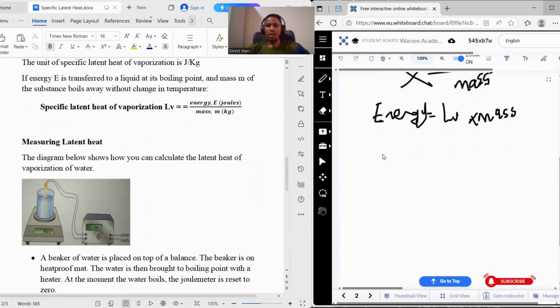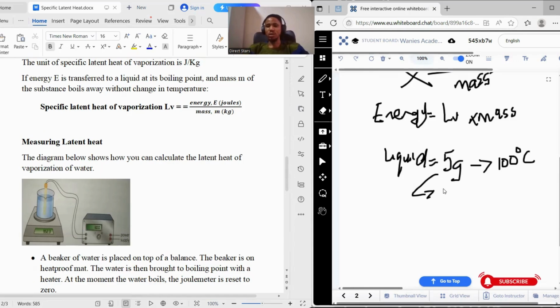So at a certain point, let's say the liquid has 5 grams. When it gets to its boiling point, which is 100 degrees Celsius, the liquid is 5 grams. But after some minutes, let me just say after 5 minutes or 10 minutes or an hour, okay? So after 15 minutes,